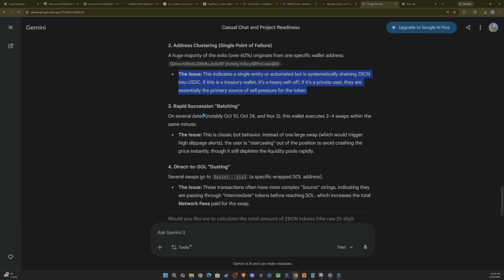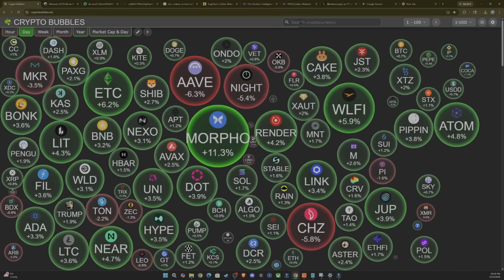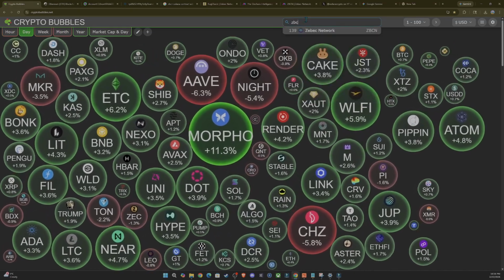Rapid succession. So on several dates, notably October 10th, October 24th, and November 3rd, this wallet executes 2 to 4 swaps within the same minute. This is classic bot behavior instead of one large swap. It's the user staircasing out of the position to avoid crashing the price instantly, though it still depletes the liquidity pools rapidly. And this is why if you go to the ZBCN chart just very quickly and you zoom out,